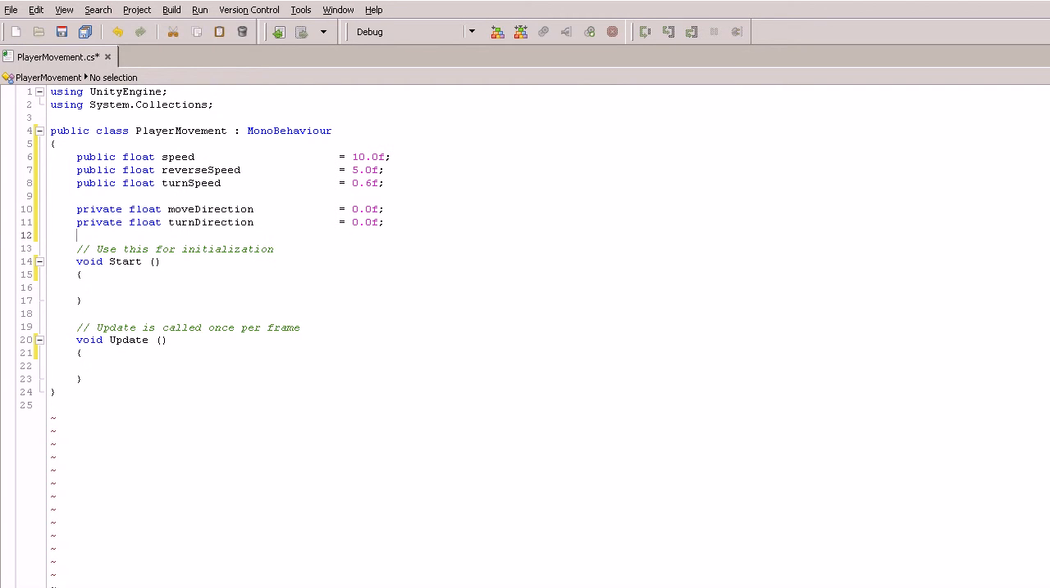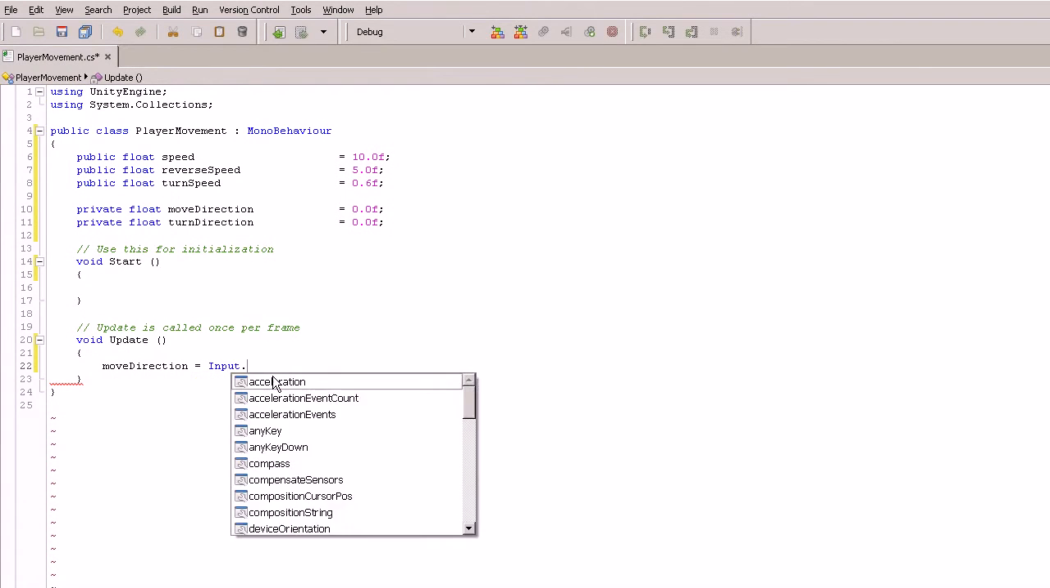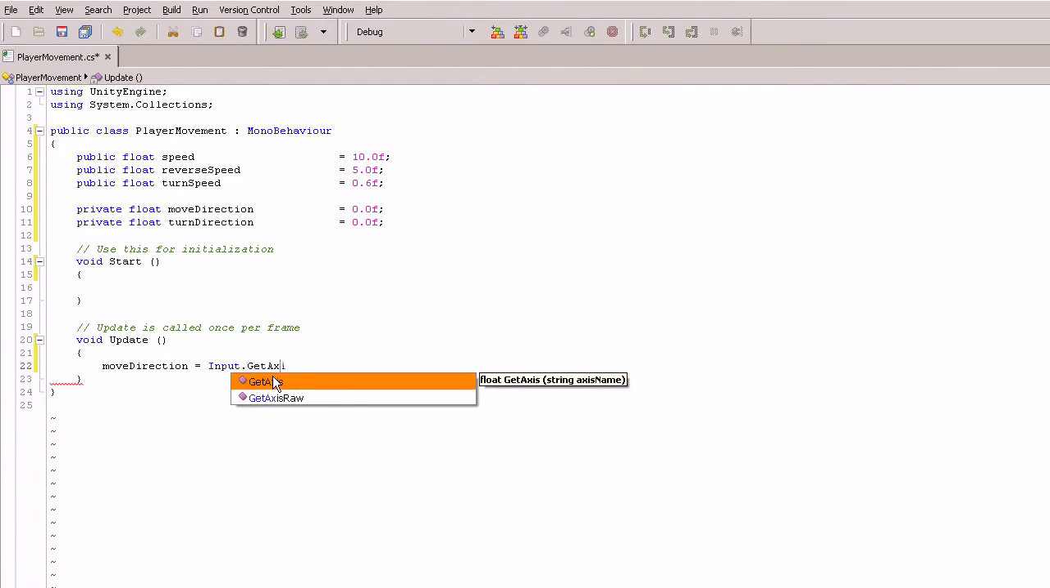So to get started with this, let's go into our update function and create a simple line of code. We're going to say moveDirection equals Input.GetAxis, and then we're going to say what axis we want to recognize that the player presses. In this case, it's going to be a vertical button, and then we're going to multiply that by